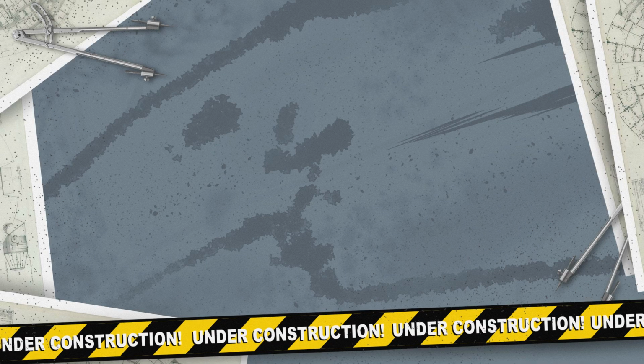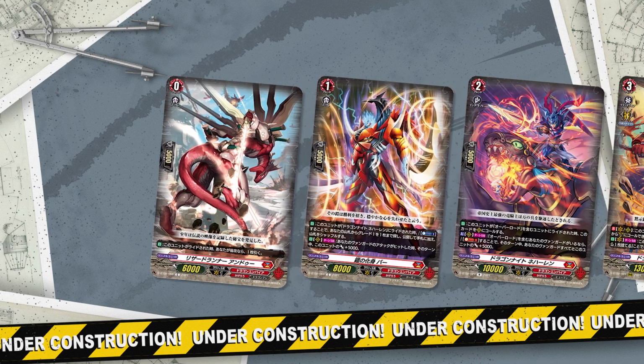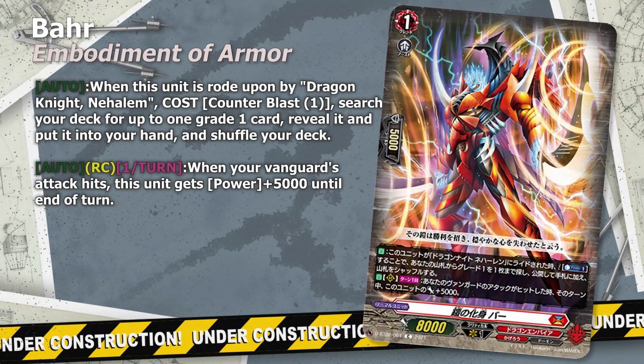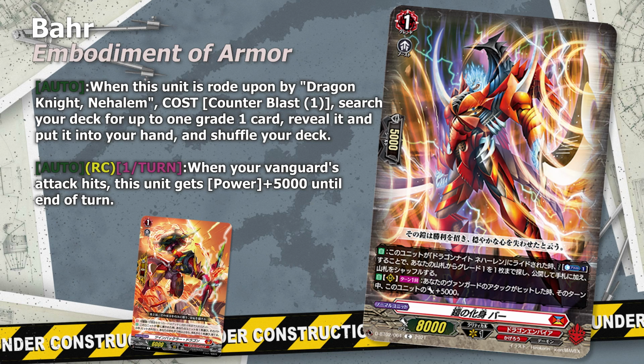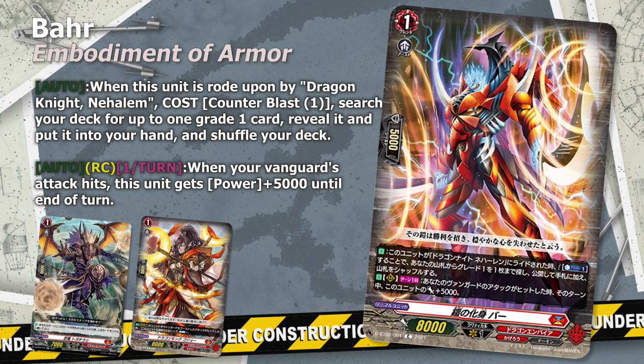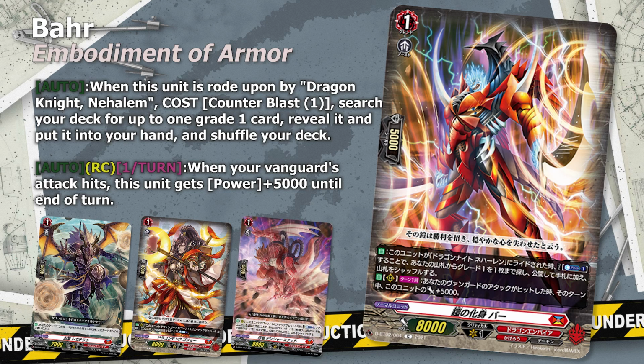Now, as for the ride line for Dragonic Overlord, we basically only have one solid option, and that is the actual Dragonic Overlord ride line with Bahr, Nahalem, and Overlord. The reason why this ride line is so good for Overlord is that on turn 2, the moment you ride on top of Bahr, you can search out any of your grade 1s, and as we already discussed, we can search out our Perfect Guard, we can search out Togachirashi for Discard Fodder that can also generate our soul,